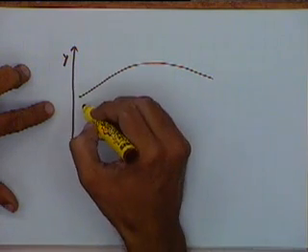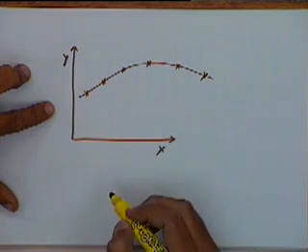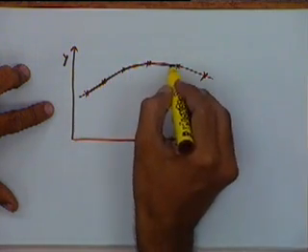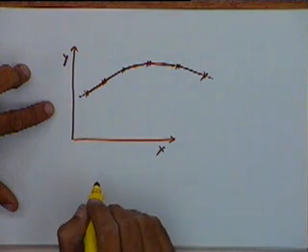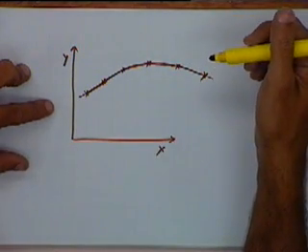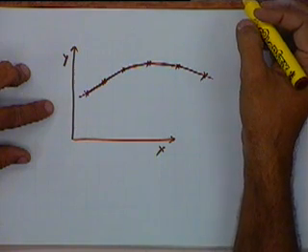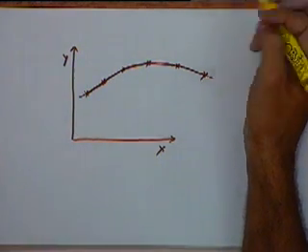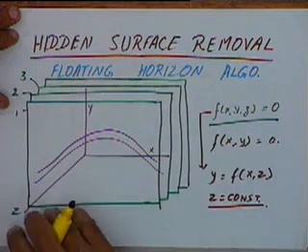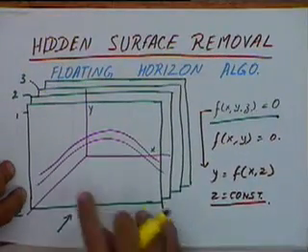Instead of this, my curve might be a set of points, and between these points I might be interpolating. That means this curve or this surface is available as a set of discrete data and not in the form of a mathematical equation. If this curve is not a mathematical equation like this, but is a set of discrete data points, then this algorithm might not be directly useful.